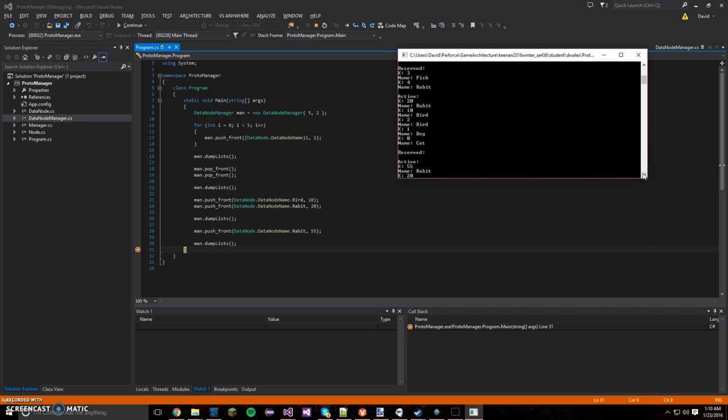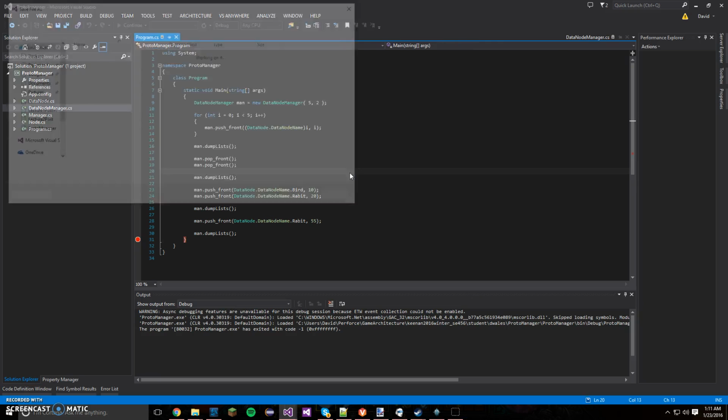And then finally I pushed, but because there's nothing on the reserved list, it had to take the value of 2 here, which was the growing factor, I suppose, and it created 2 in the reserved list. This one is still in the reserved list, but then the other was pushed onto the active list as a rabbit. And that's how that works. So it seems to